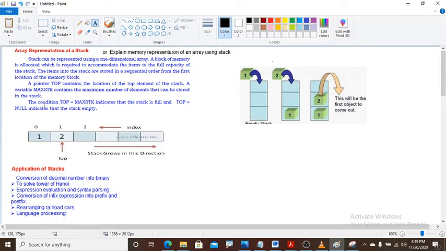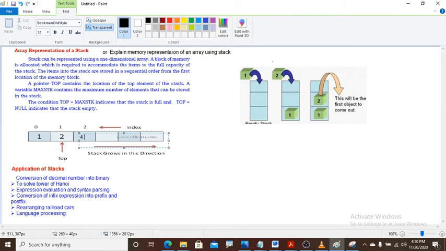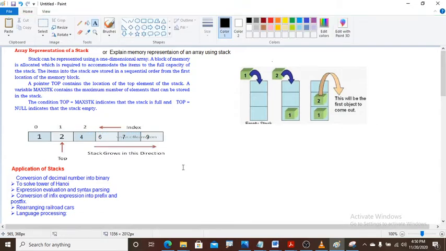So now come down. The condition TOP equals MAXSTK indicates that the stack is full. Suppose I am placing all values in this. Let us take 4, 6, 7, 9. In this example, try to answer what is MAXSTK and what is the top.